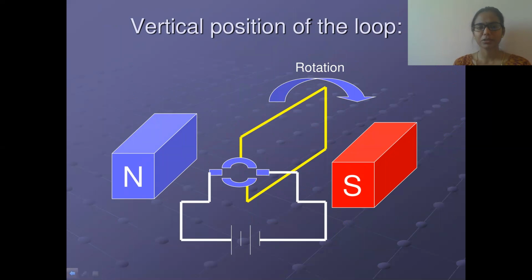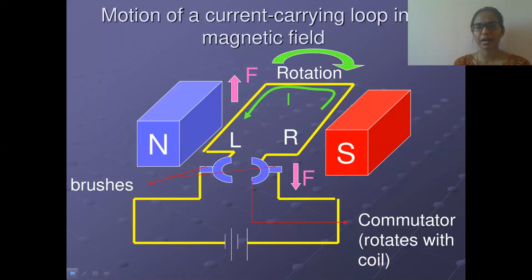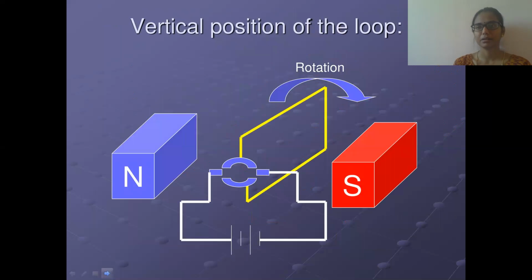In the last condition, you can see the brushes are attached to the rings, so that current is passing into the coil. Now, the brushes are not connected, right, children? The brushes are not connected to the coil. So what happens when they are not connected to the split rings? Current is not passing in the coil. So what happens? The current is going to change its polarity.